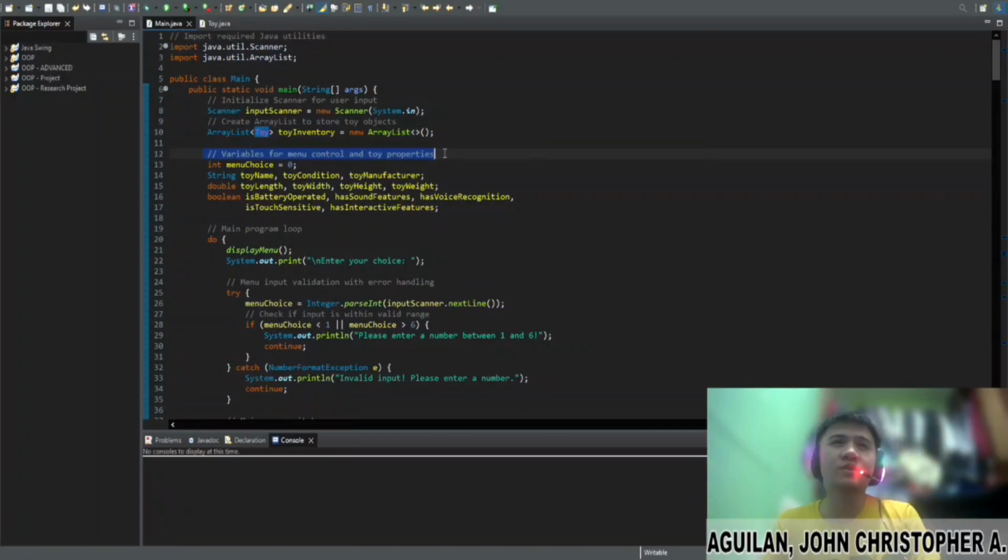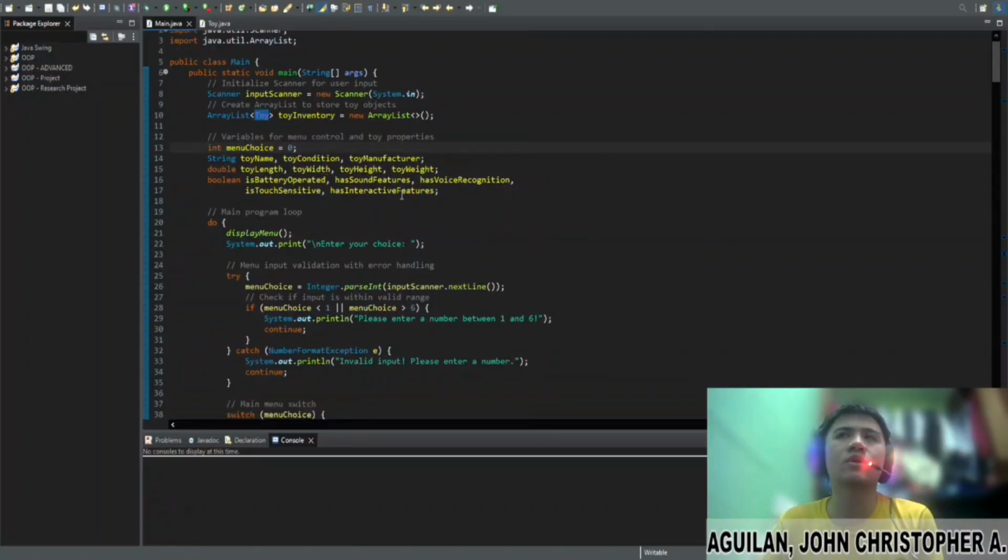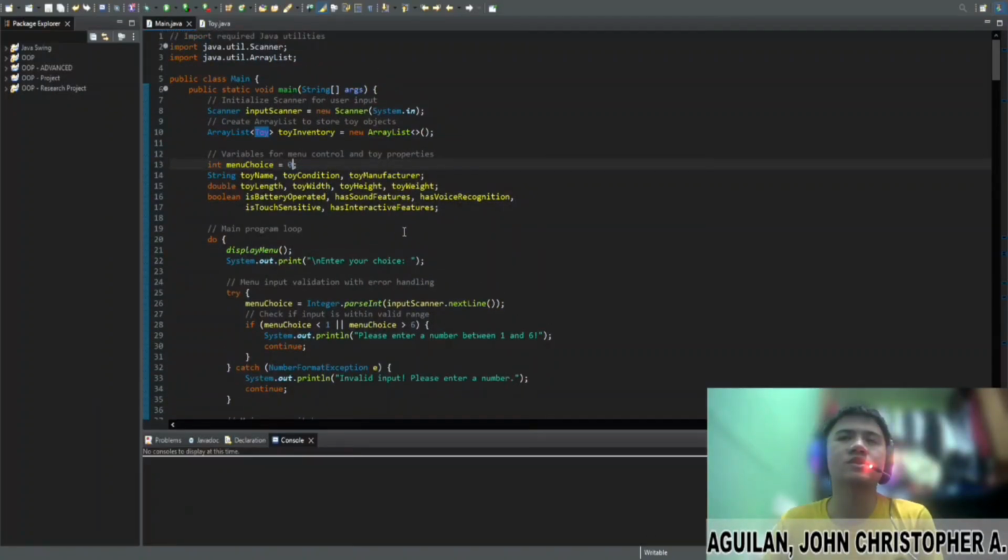So, dito variables for menu control and toy properties. So, nag-initialize tayo ng mga kailangan natin sa ating program. So, sa menu choice kasi may menu kami para makapili si user if mag-add siya, magse-search, ganito, ganyan, mag-filter. So, string name, sa string is nandun yung toy name, toy condition, toy manufacturer. So, understandable naman kasi itong mga to is string. So, string siya sa mga name, condition. Kasi sa condition, mag-input si user